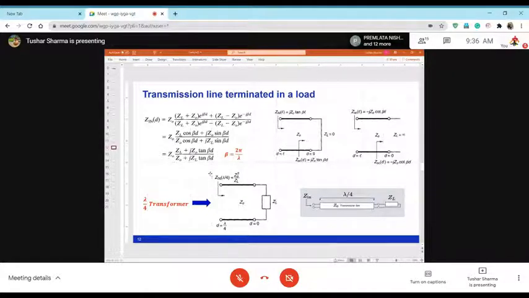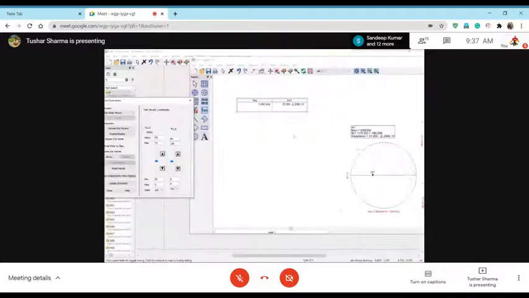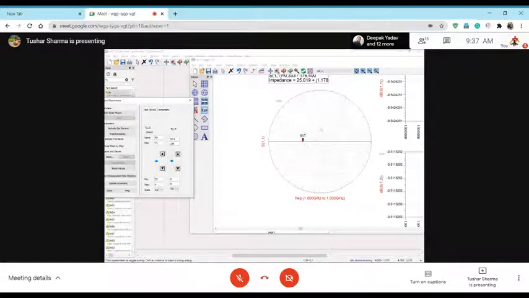So if you try to vary beta D from 0 degrees to 180 degrees, you will see that your input impedance will basically change, and it will change both into positive reactive, which means inductive, as well as capacitive region. So you see here what is happening. My impedance is varying, and it varies on a constant circle. Do you feel that it's like drawing a circle centered around 50 ohms? Yes, sir.